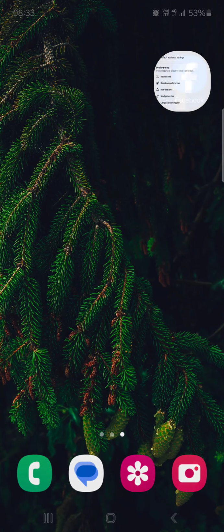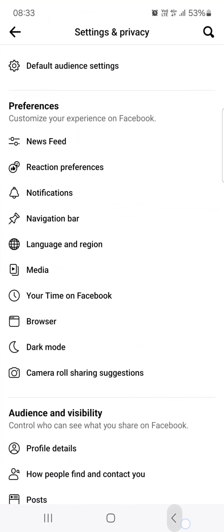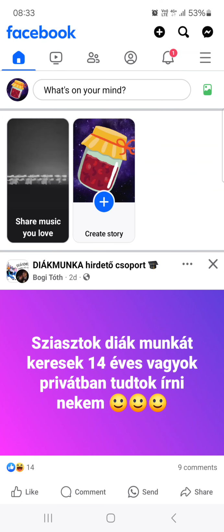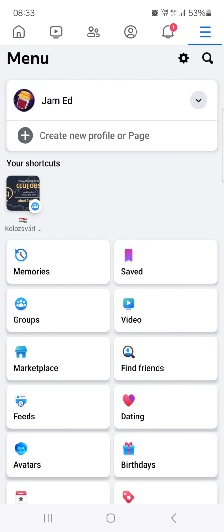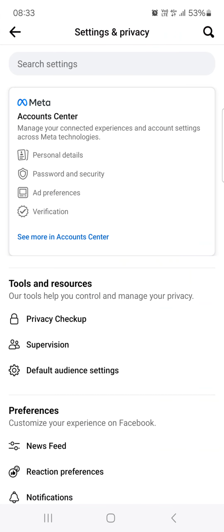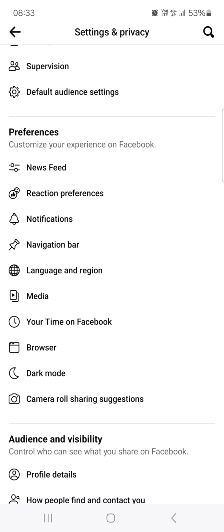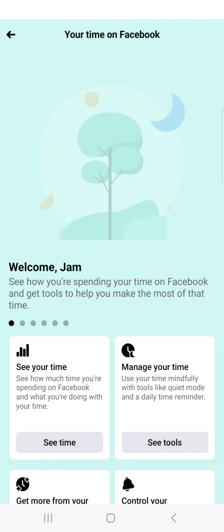First you have to open up the Facebook app, and here it opens up in the feed. From here we just go into the top right corner, tap on the three lines, then tap on the cog, same in the top right corner. Then if we scroll down, under preferences, we find your time on Facebook. Tap on this,